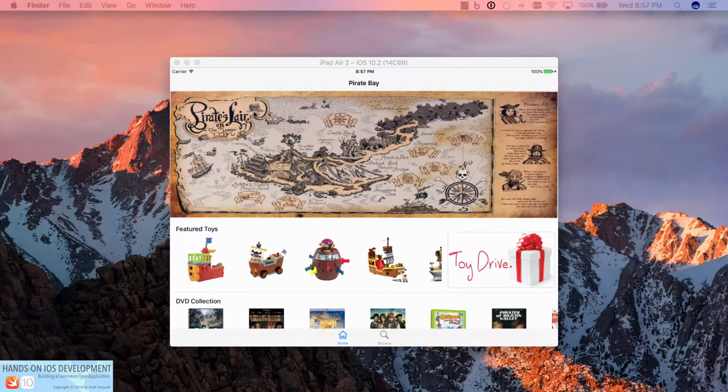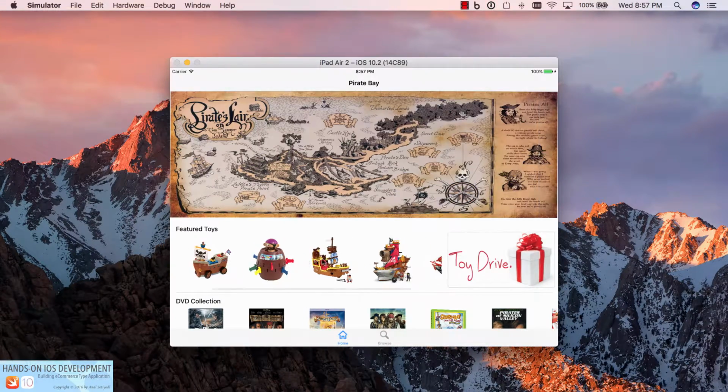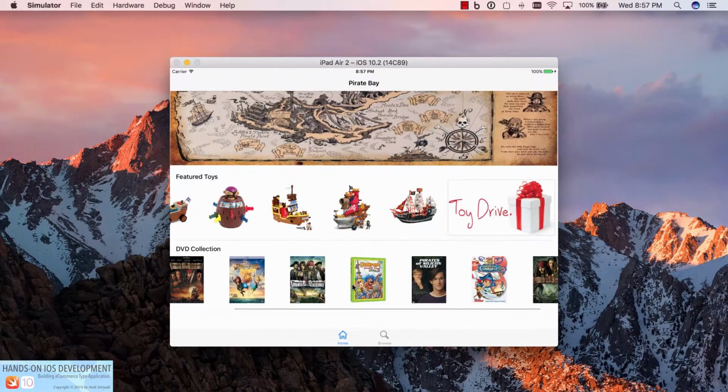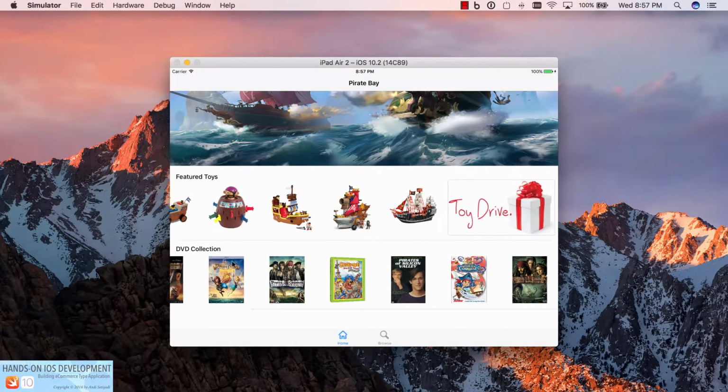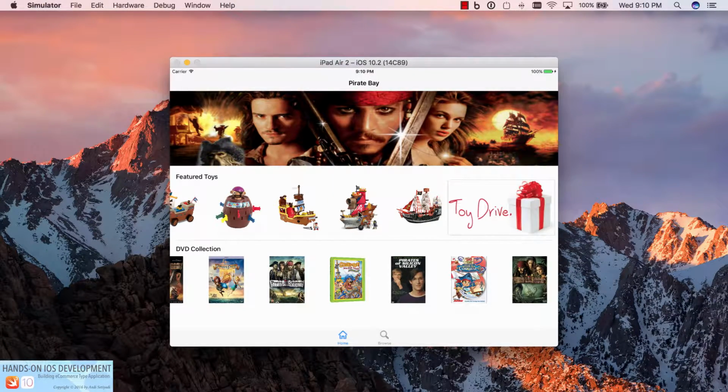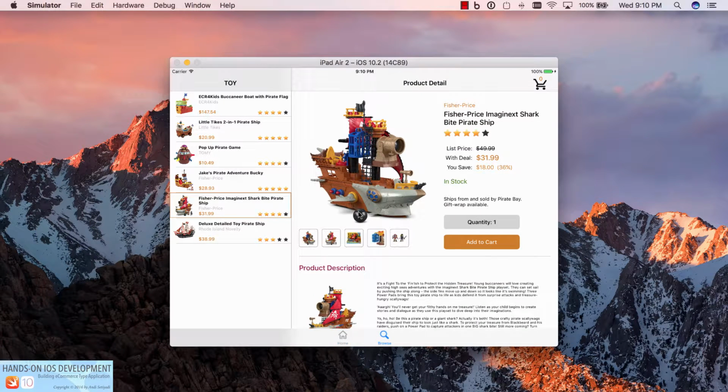At the top, we're going to have the page that's sliding in, and we're going to have some products that we can scroll through. And these are different categories of the product. Like the first one is toys, and then we have the DVD collection. And then when you pick a particular product, it will take you to the product detail page where we can